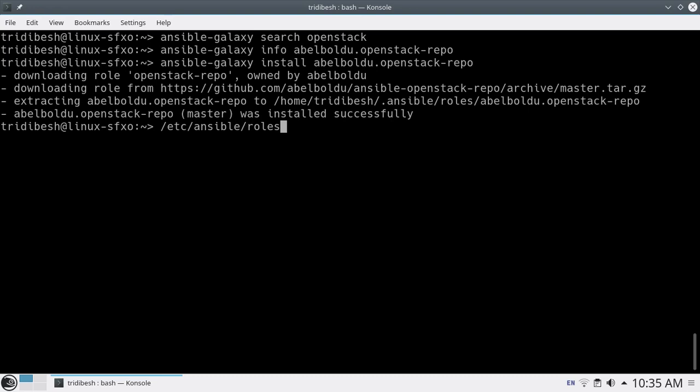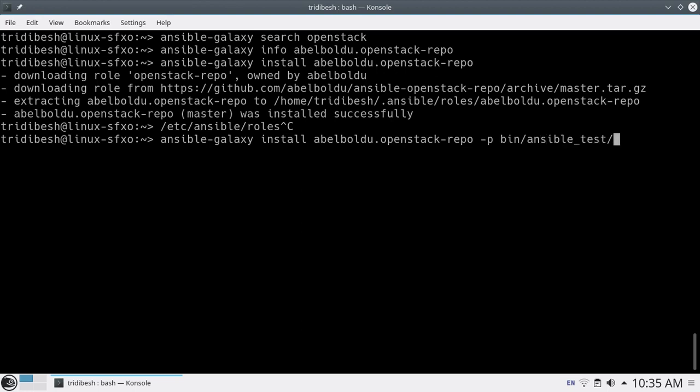So if you don't want your downloaded roles from Galaxy to go to those default directories, you give the option -p and then put a location where you want to download. So like this you can give it a location. Let me try to download a new one. Let me search once again and take some other role name, and then try to download it in a custom directory.